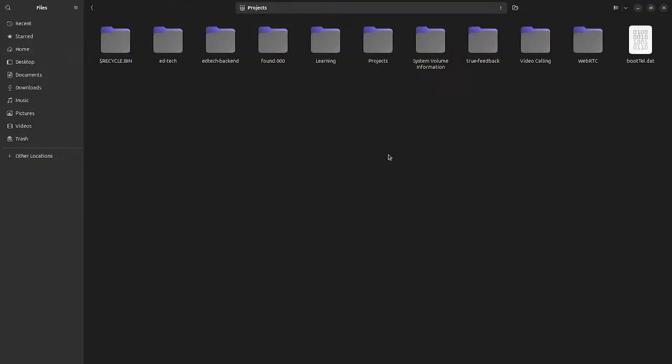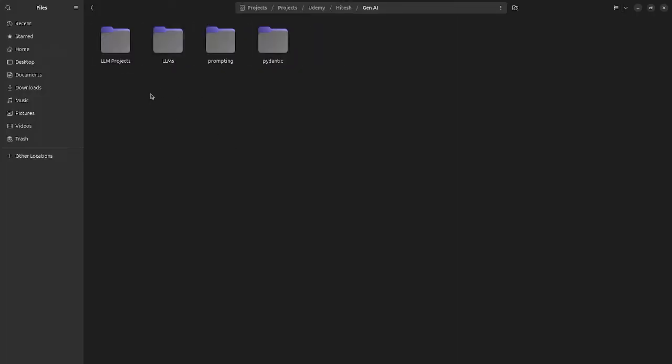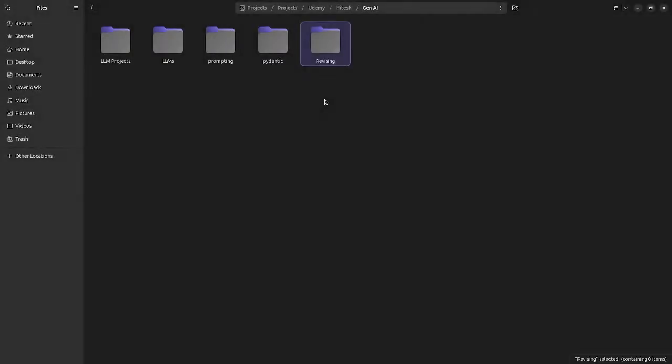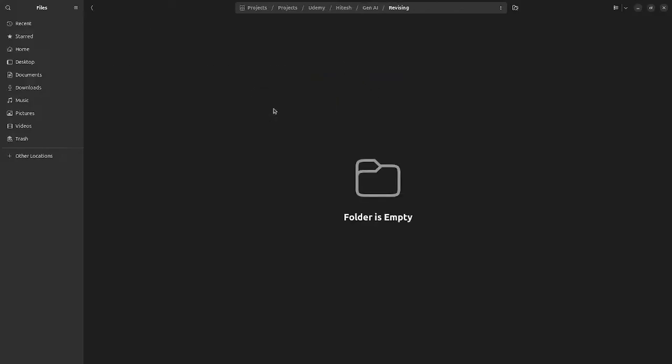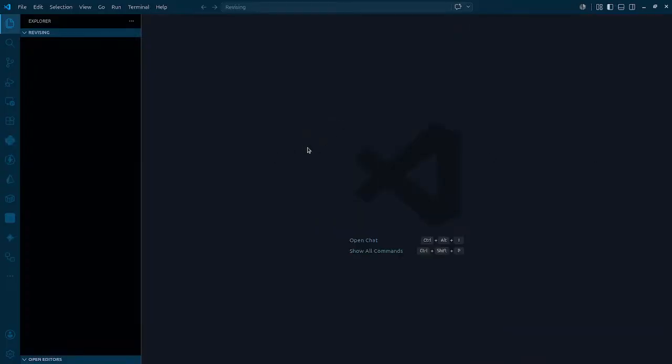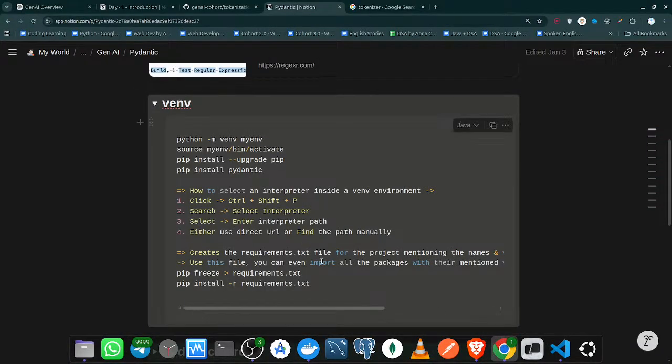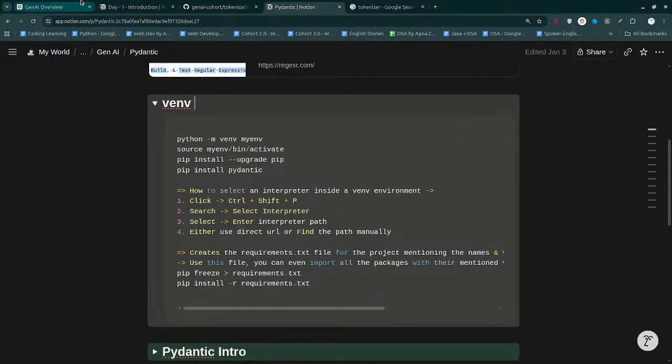Now this is related to Udemy. I mean, especially where I have to just simply save the stuff, all related to GenAI. And as of right now, I'm just simply gonna be creating a folder called revising or something. That should be sort of enough. We'll see exactly what we can do, and then later we'll delete this folder. What else? And that doesn't mean that we will just simply be limited to the notes. Rather, on the go,